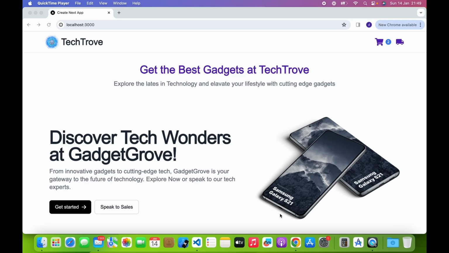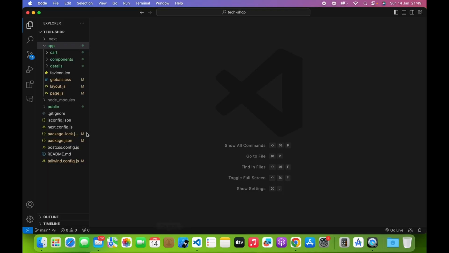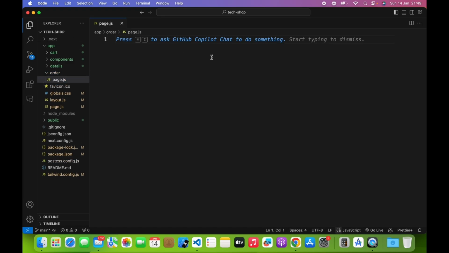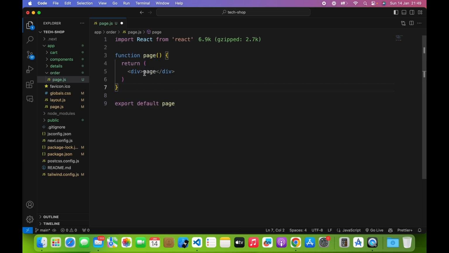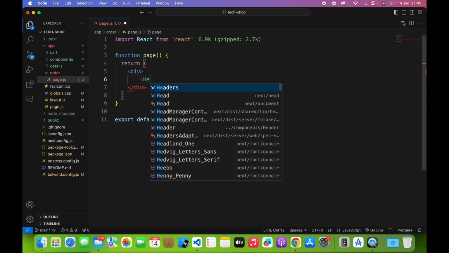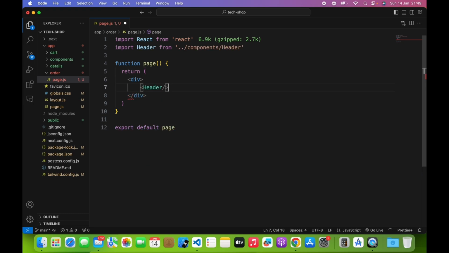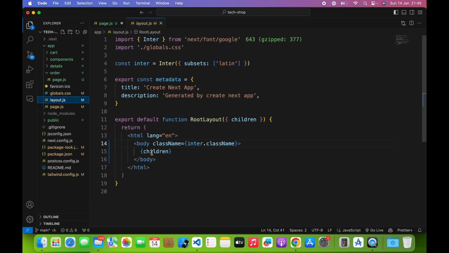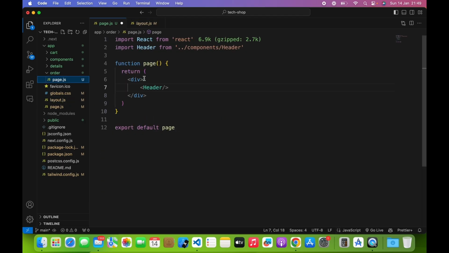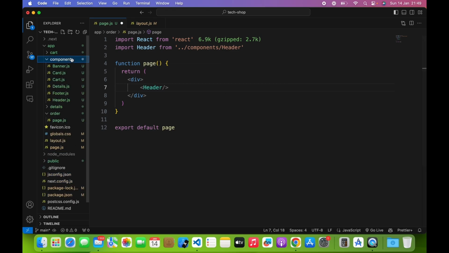In this part of the video, we're going to look at orders. So we did the cart page, and now we're going to look at the order page. So yeah, we come here, we create a folder, we call it orders, or we can call it order, just like this. Then page.js, RFCE, we import our header. Yeah, so there's a better way of doing it where we just come in the layout and we import the header here, but I want you guys to get used to importing and exporting stuff, so that's why we're doing it this way. Come into our components, we create order.js,